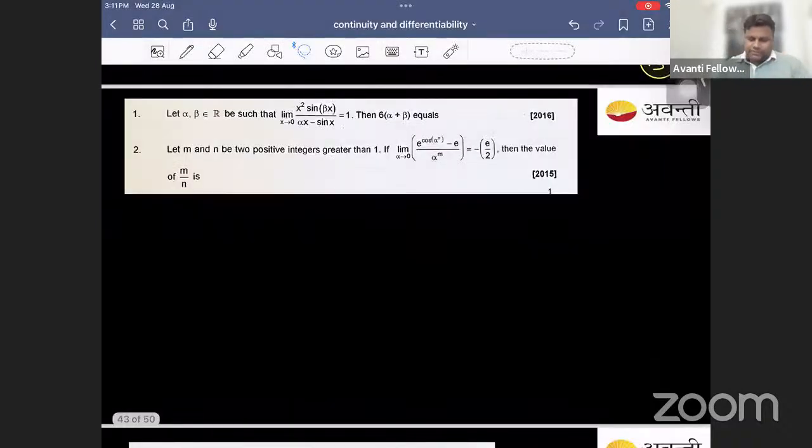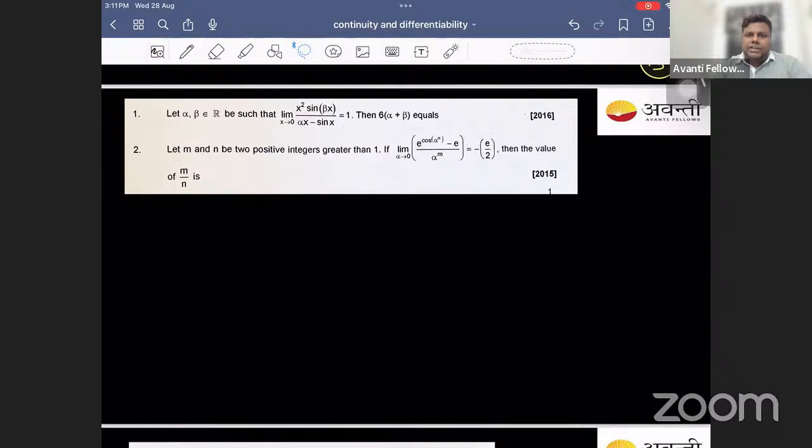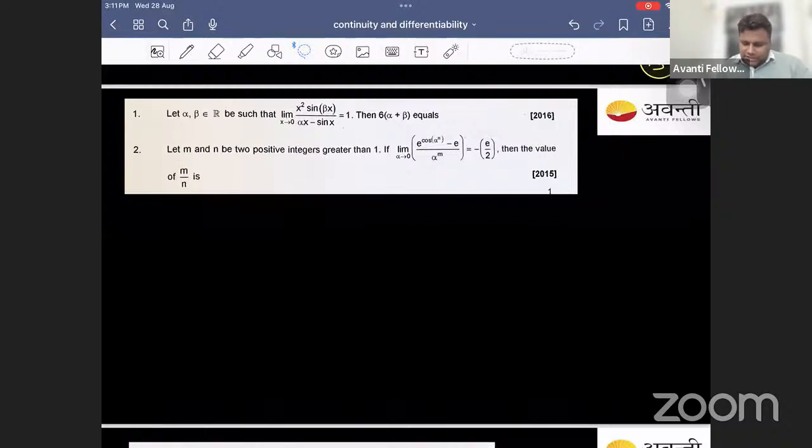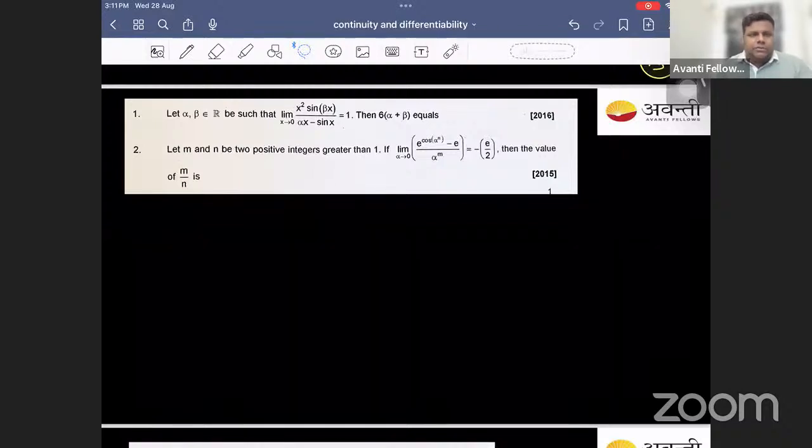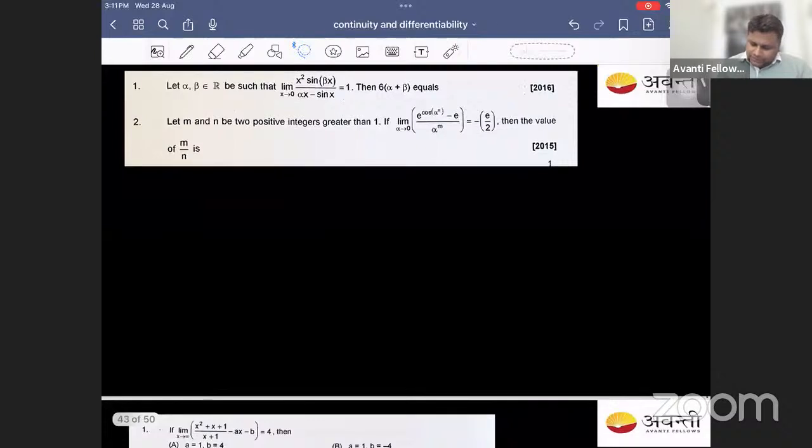See this question, question number 1. This question was asked in JEE in 2016. Don't consider that any question asked in JEE Advanced has to be tough only. Getting my point? At times, questions asked in JEE Advanced are reasonably fine also. Now see, they are asking for